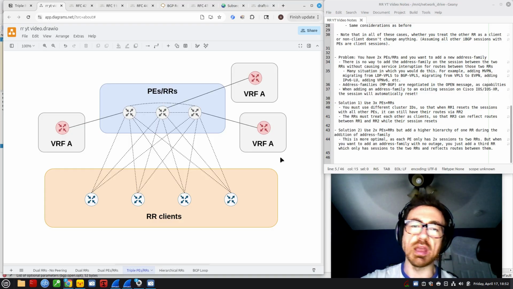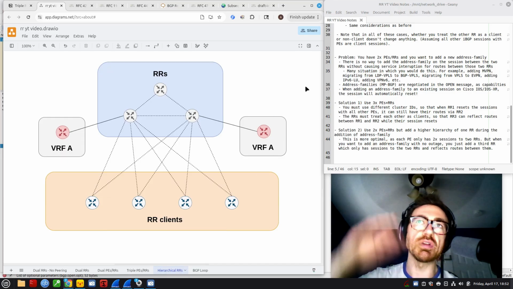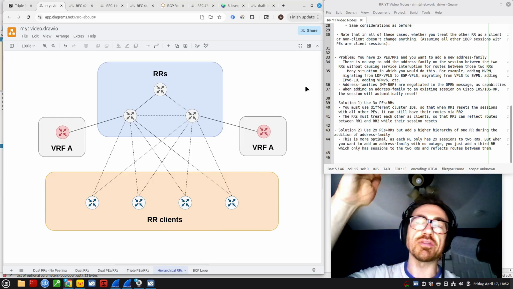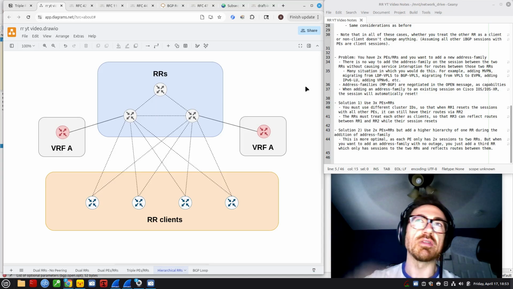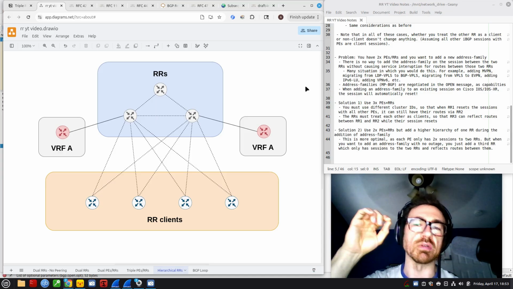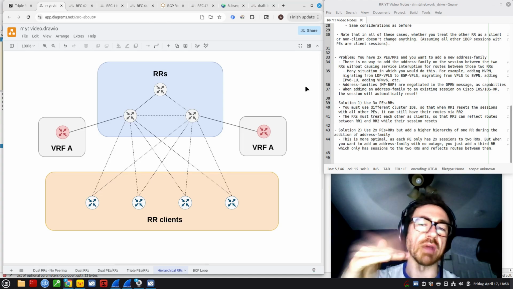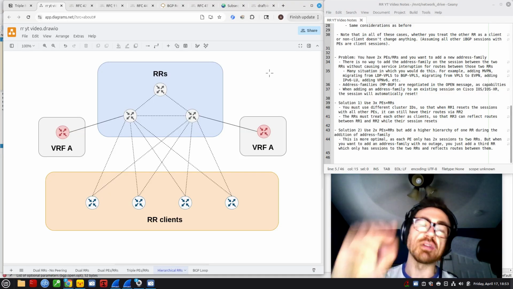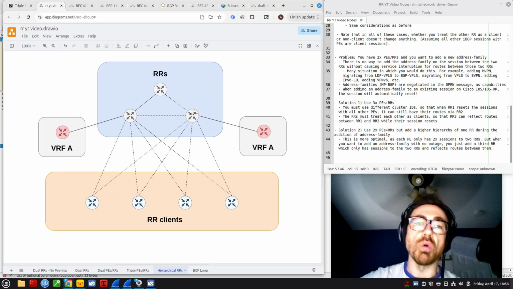So an alternative to this might be to use hierarchical route reflection. You can have layers of hierarchy, and each layer above treats the route reflectors below as its clients. So there's no specific hierarchical config. It's just the fact that the hierarchy above treats the hierarchy below as a client. You can either have a permanent hierarchy where you have this hierarchy above that's reflecting routes between these two route reflectors here, or maybe you just